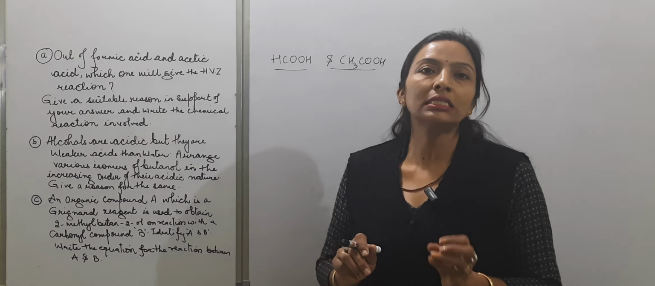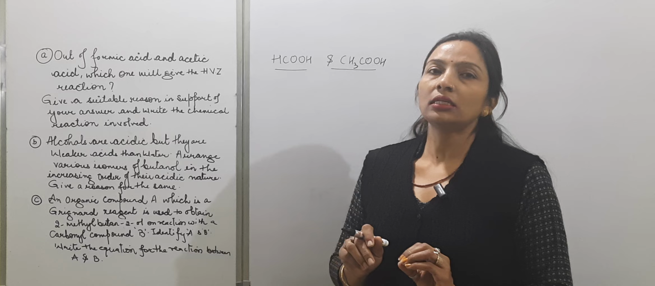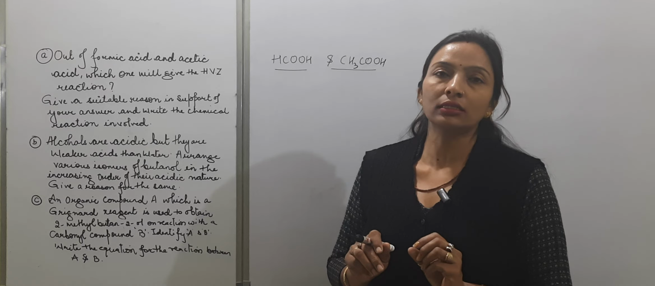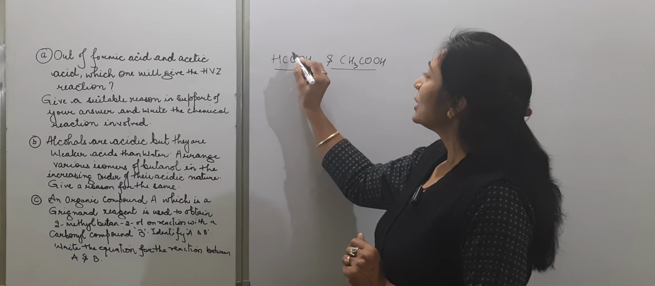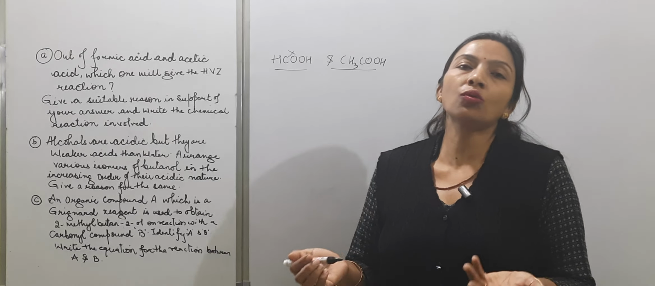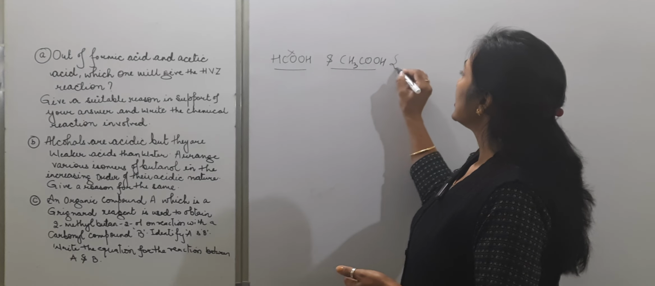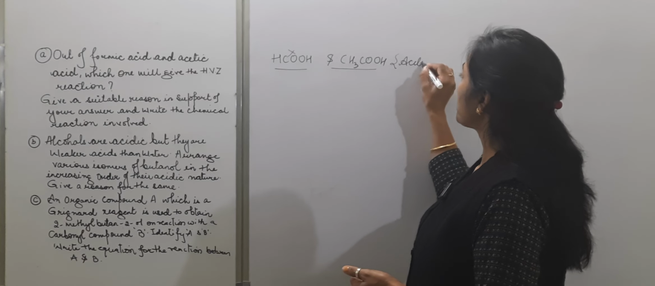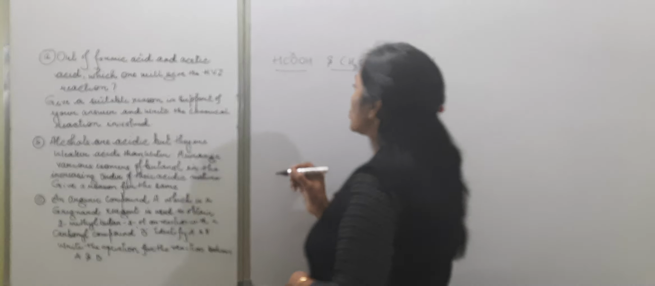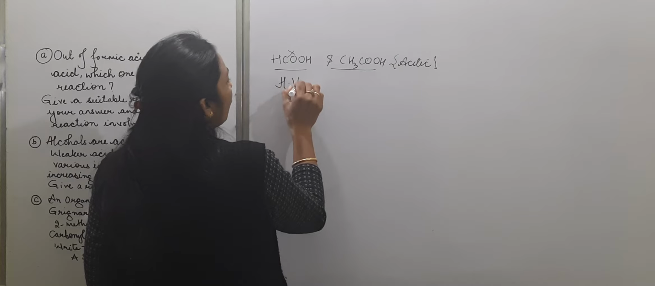Hell-Volhard-Zelinsky reaction is given by the carboxylic acid which is having alpha hydrogen in it. So here this acid is not having an alpha carbon, and so the alpha hydrogen is absent here. So this acetic acid will give the Hell-Volhard-Zelinsky reaction. So first let's write the full